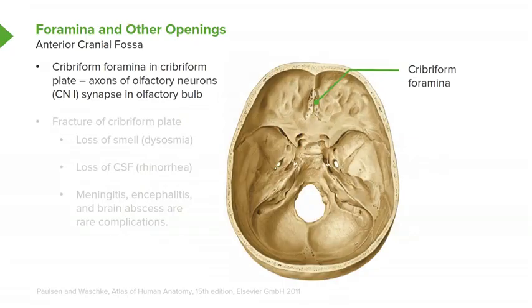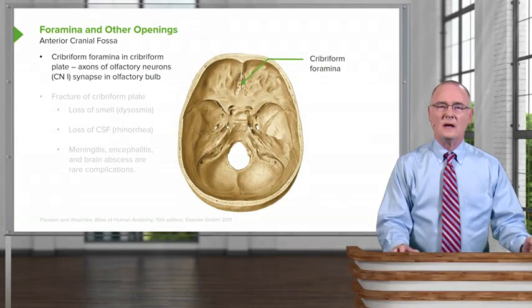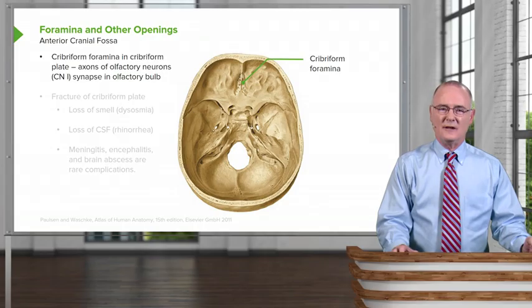What's important about these very small foramina is they're going to transmit the axons of the olfactory neurons. Olfactory neurons are cranial nerve 1, and these neuronal axons will pass through the foramina and then synapse in the